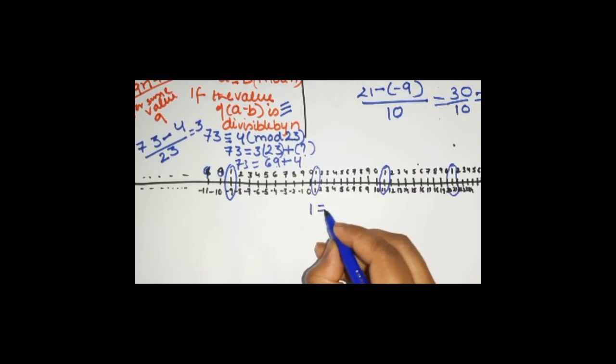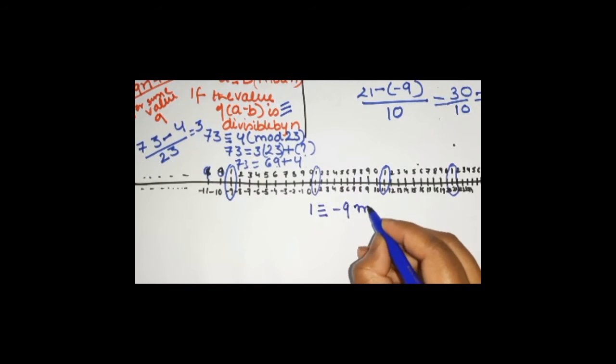Now, is 1 congruent to minus 9 mod 10? According to this number line, yes, this is true, right? Now, let us check with this method that we have done before. How can you write this congruency in the form of A is equal to Qn plus B? 1 is equal to